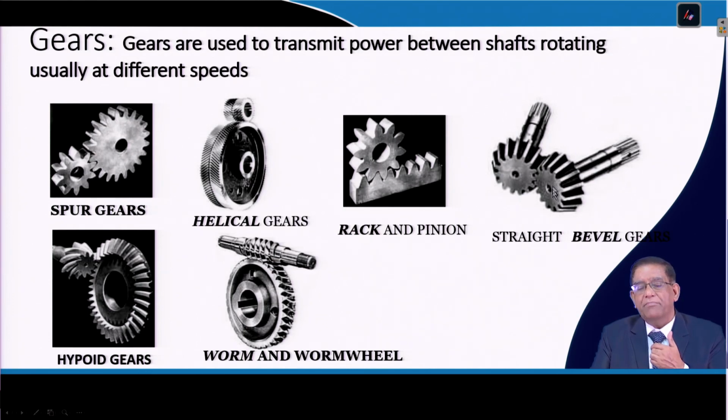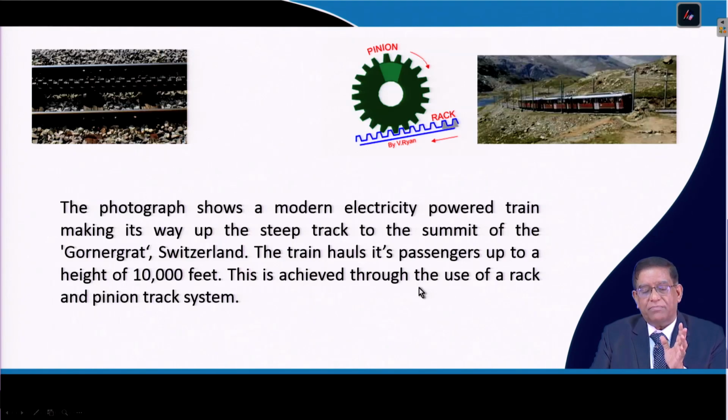Similarly, there are bevel gears, where these two shafts are at an angle. So, then we can use this bevel gear. Now, we have some hypoid gears. This type of gear is used with a special type of profile, when we need to get the shafts at some critical angles. Then when we require a very high reduction ratio, you can go for the worm and worm wheel. So like that you have different types of gears used, as we are seeing here.